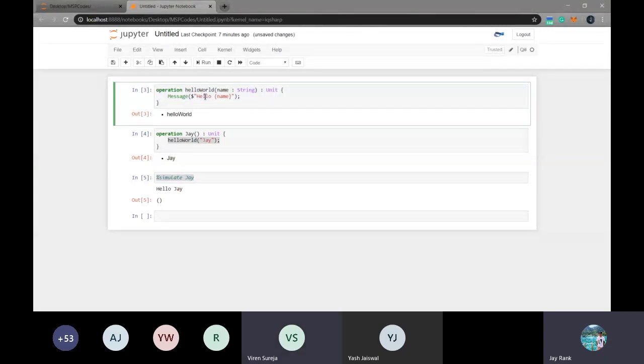Why are these round brackets shown in the output? That's because I didn't return anything. I've written unit, and as I said earlier, if you want to return some kind of result, you have to write result here. That's because I've written unit here, and still I'm printing a message here, but I am passing the variable here.